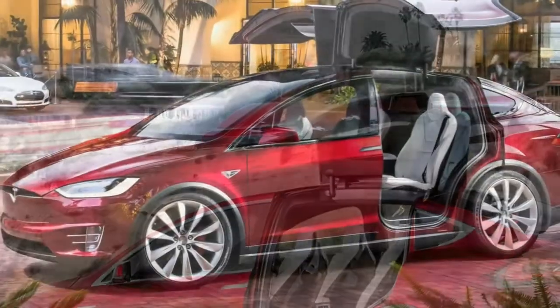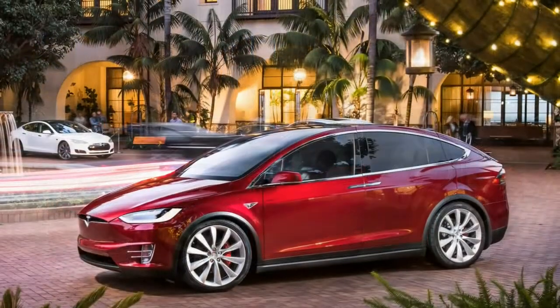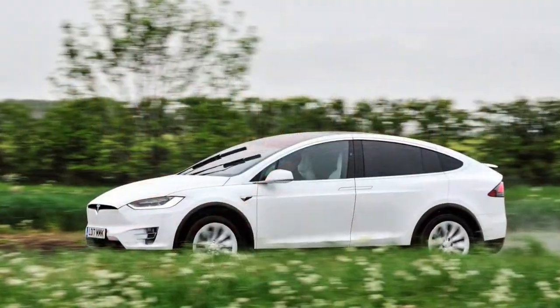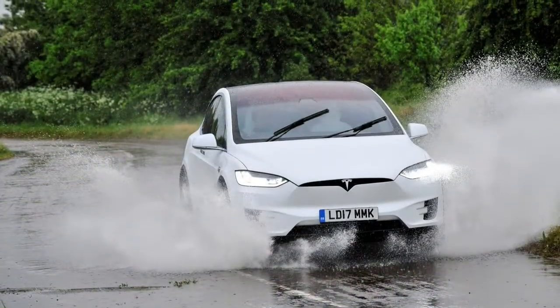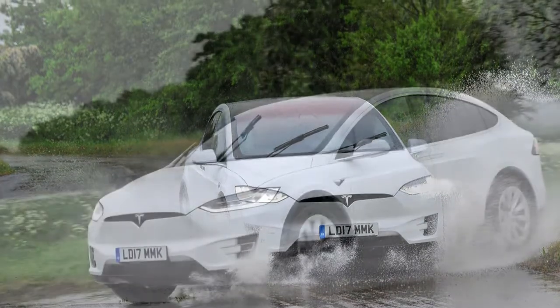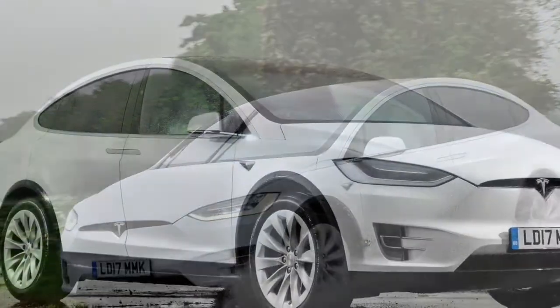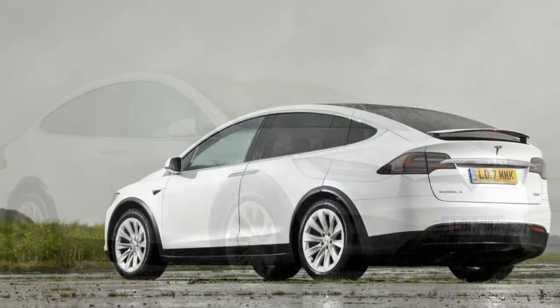The bad points of Tesla Model X SUV: pronounced wind and tire noise, real-world range sub 200 miles, lumpy ride quality, average fit and finish. The Tesla Model X may be the world's first all-electric SUV, and achieves the seemingly contradictory